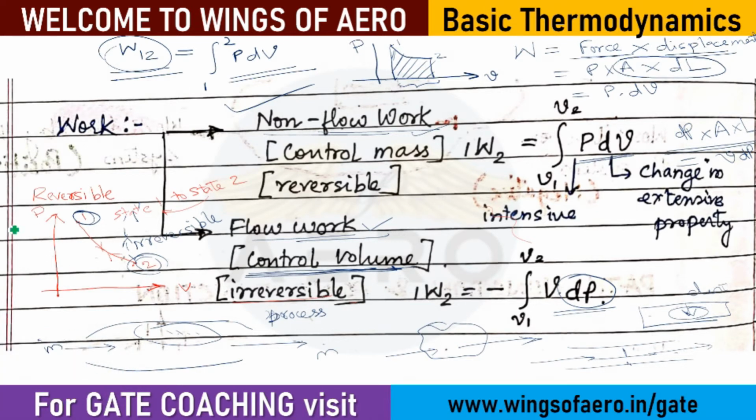Now if there is a graph, let me draw in the same graph over here. You have drawn the process as P versus V, that is pressure versus volume. You have the process 1 to 2. Now for this flow process, to find out the work done, you should consider this area. Once you find this area, the area of this shaded region will be the work done for your irreversible process.